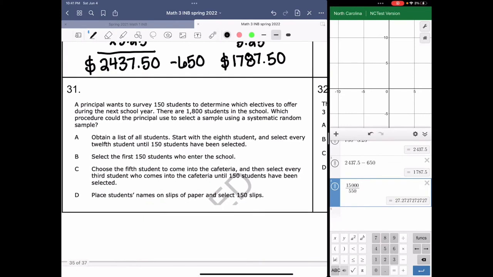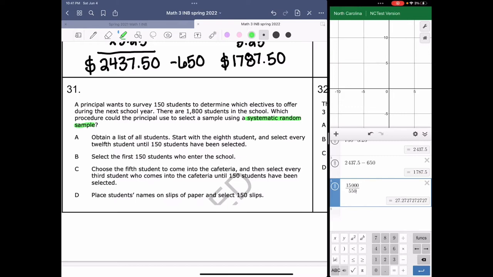All right, number 31. It says a principal wants to survey 150 students to determine which electives to offer during the next school year. There are 1,800 students in the school. Which procedure could the principal use to select a sample using a systematic random sample? So random sample means that anybody has the same probability of being picked. So we still want that same probability of people being picked, but systematic means that you have some type of